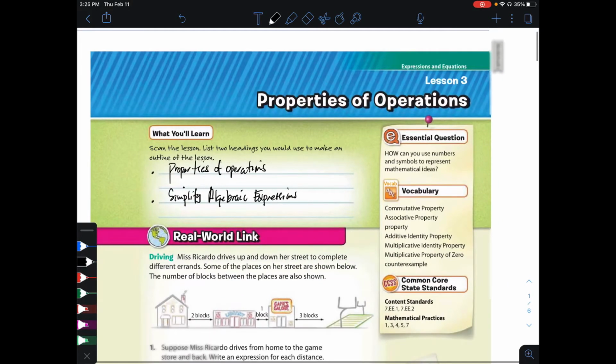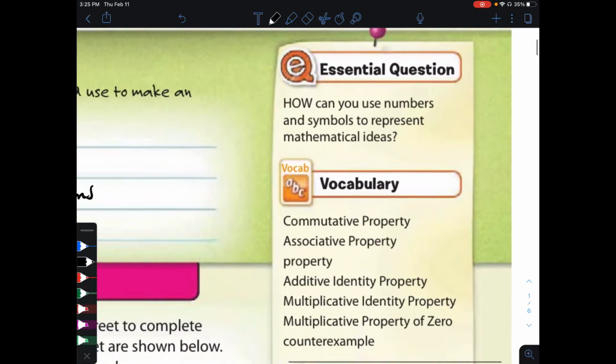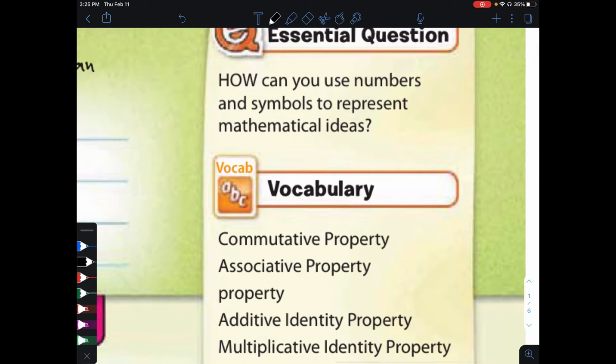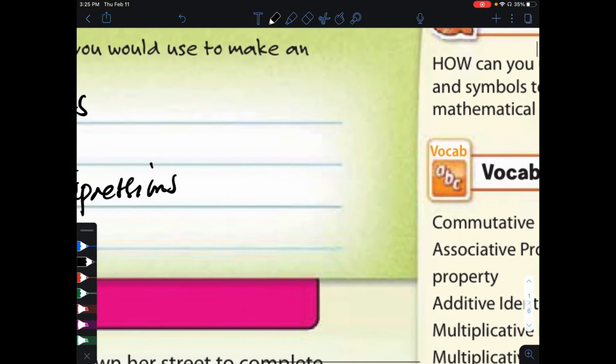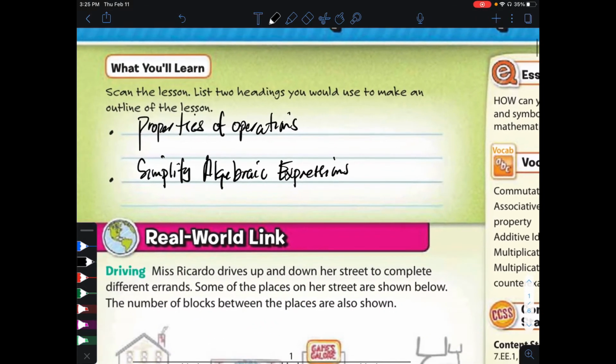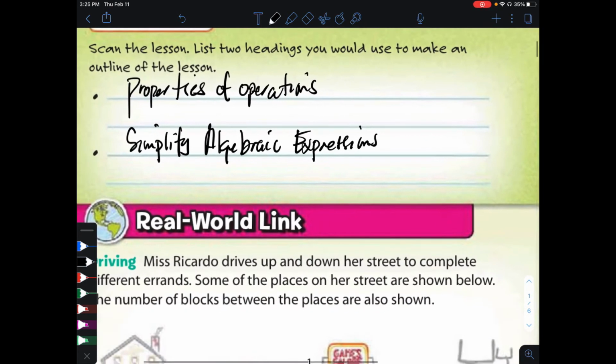Lesson 3 of Chapter 5, Properties of Operations. And in this lesson, we go back to the essential question: how can you use numbers and symbols to represent mathematical ideas? So, in the previous lessons, we talked about algebraic expressions, we talked about sequences, and we're going to expand on those concepts. And if we are going to scan this lesson, these are two things that we will